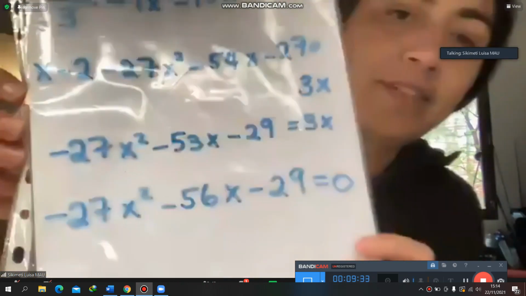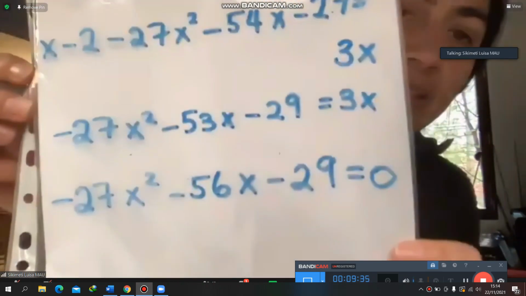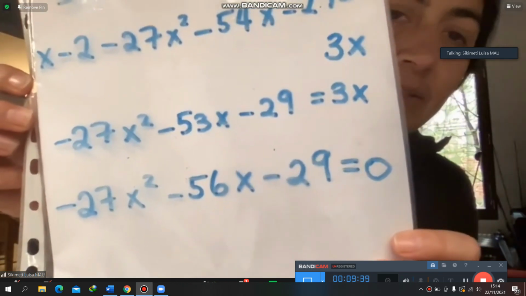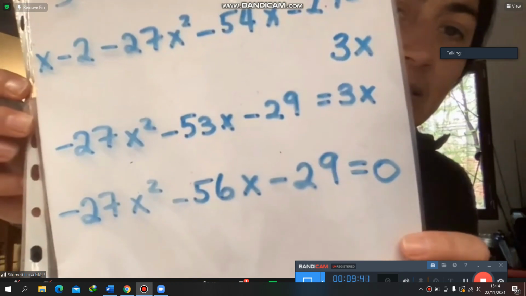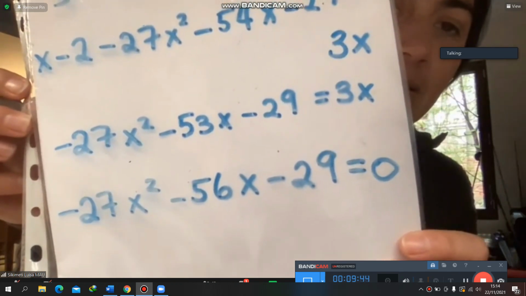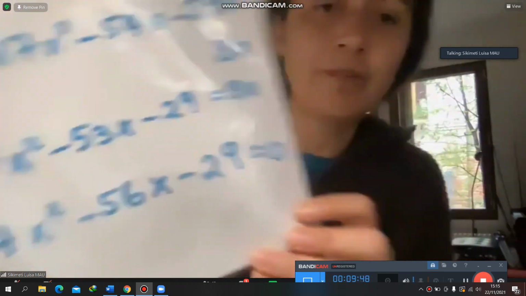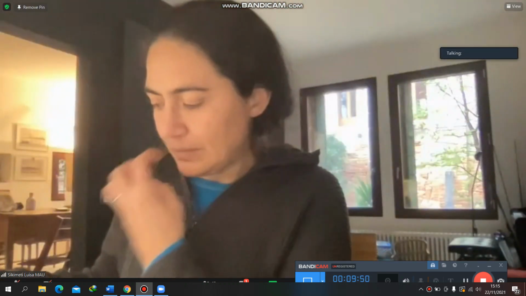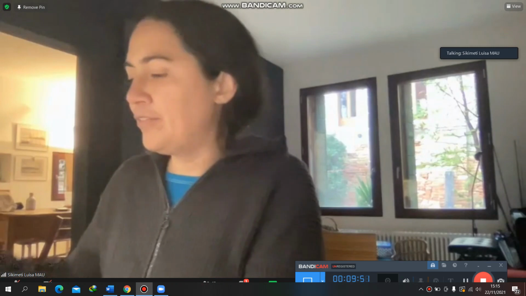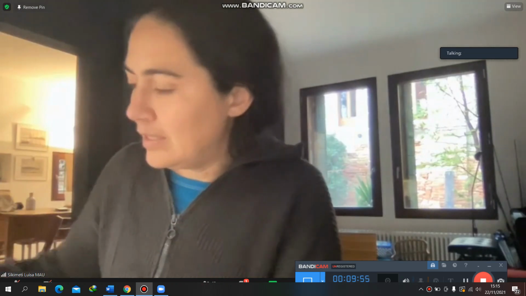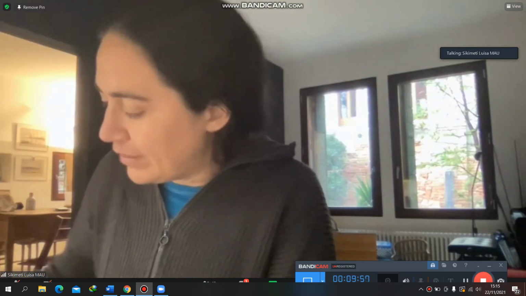All right, so now I have this: minus 27x squared minus 56x minus 29 equals 0. And now you can use the quadratic formula. And if you use the quadratic formula, you will have... So the quadratic formula